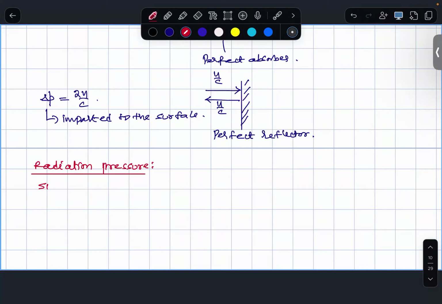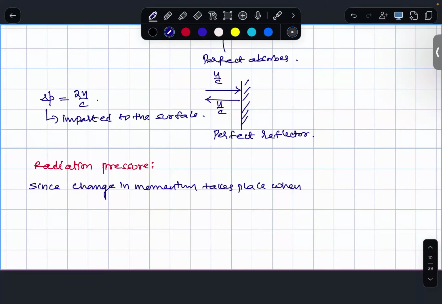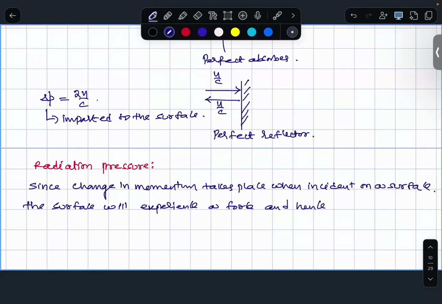Since change in momentum takes place when incident on a surface, the surface will experience a force and hence pressure,